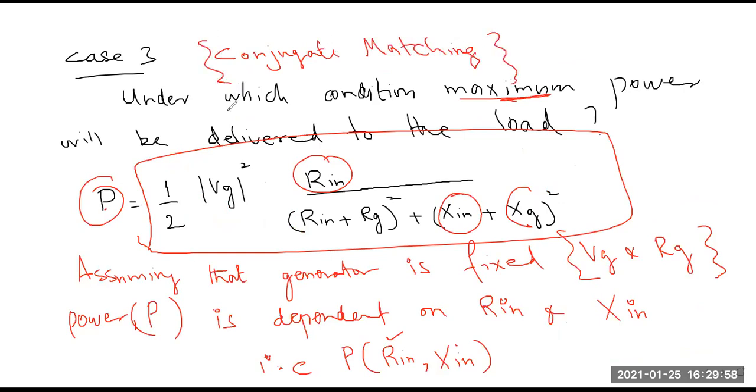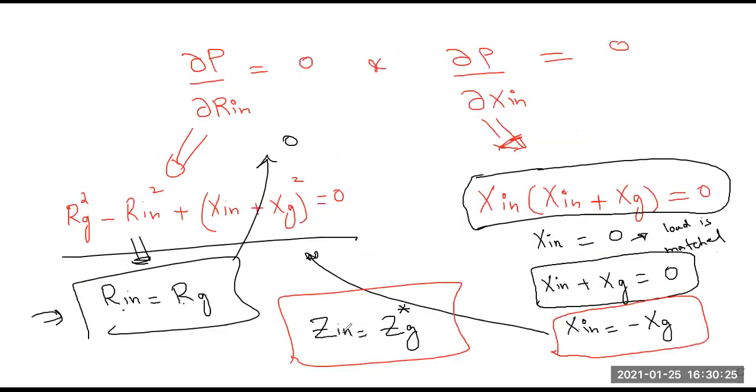So now we have found the best possible condition. If you have a complete circuit where you have a source, transmission line connected with a load, and you want to get maximum power out of the generator that is delivered to the load, you can make use of the condition that is known as conjugate matching. And according to conjugate matching, if you make sure that Zn is equal to Zg conjugate, you will get the